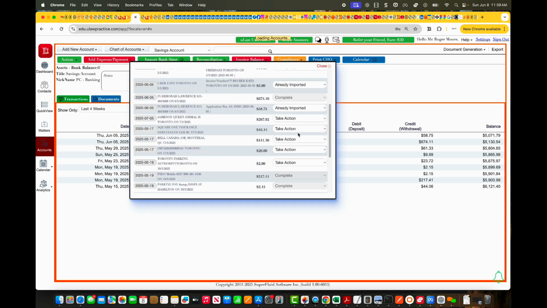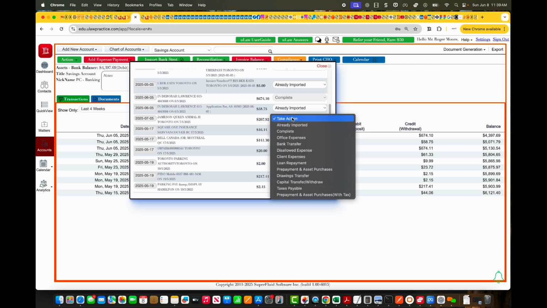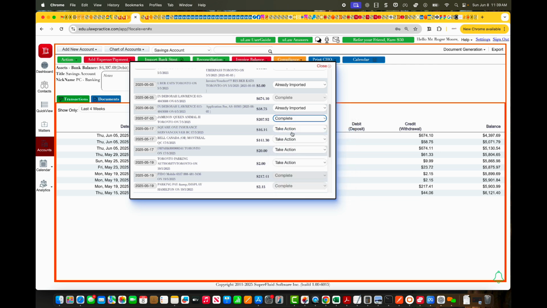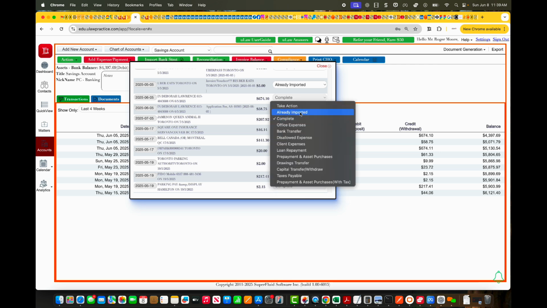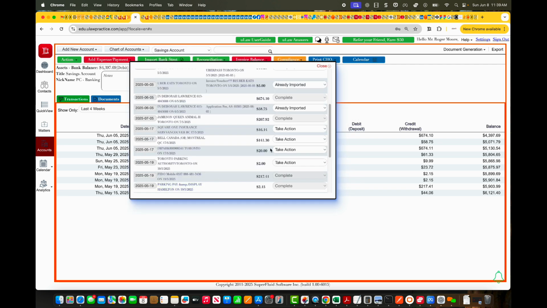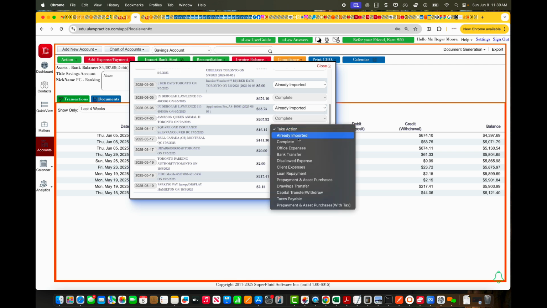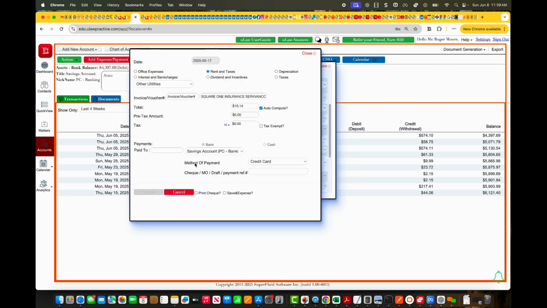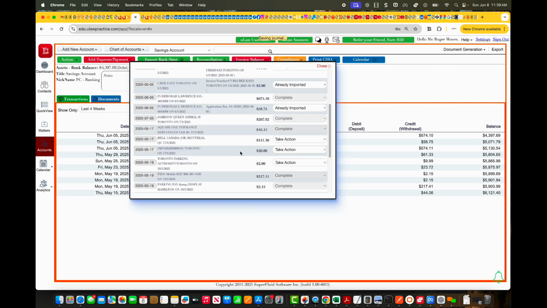And this is where a bookkeeper can really help you. He or she can basically be the person who can help you to say, hey, how do you categorize these things? Your assistant can do this. But the beauty is, it doesn't take a lot of time to actually mark these expenses, whether they're client expenses,